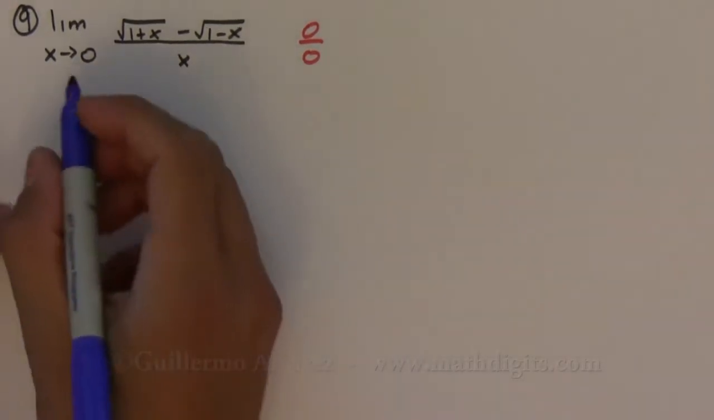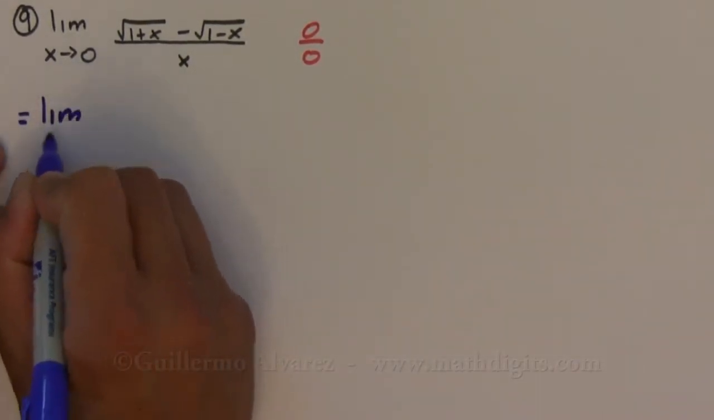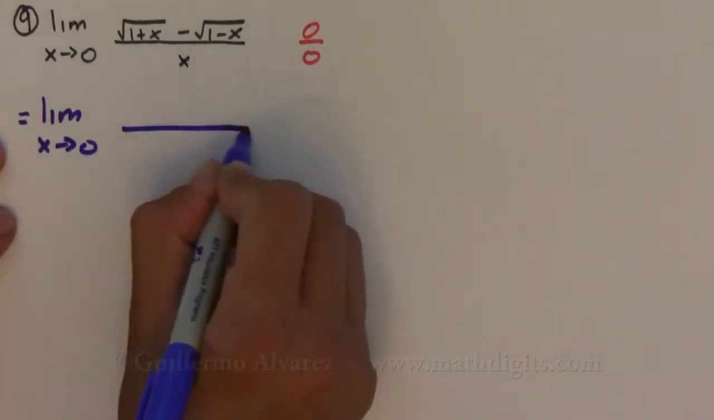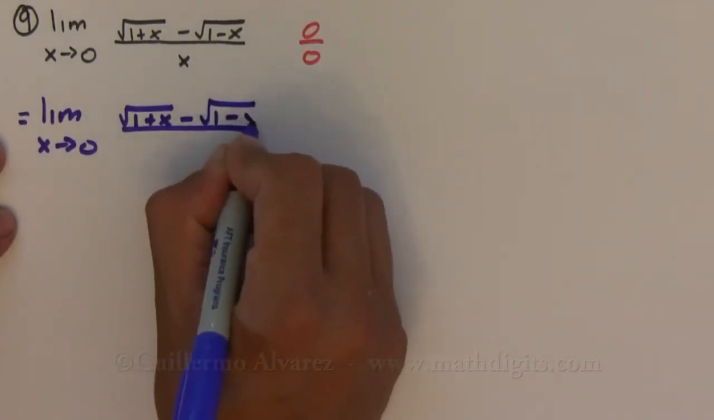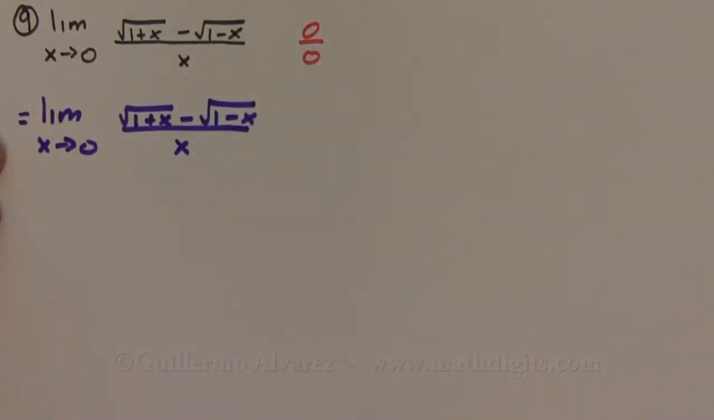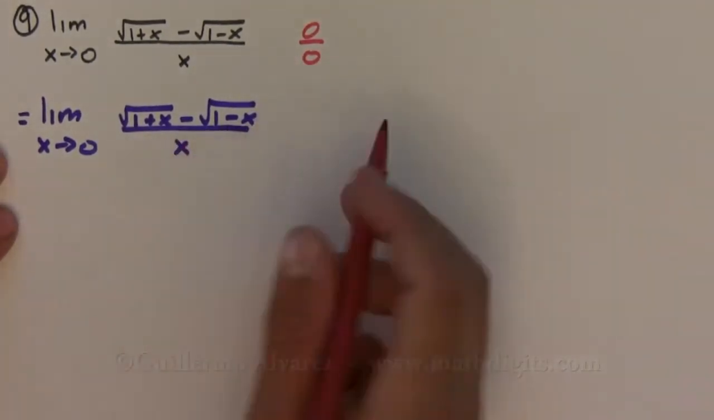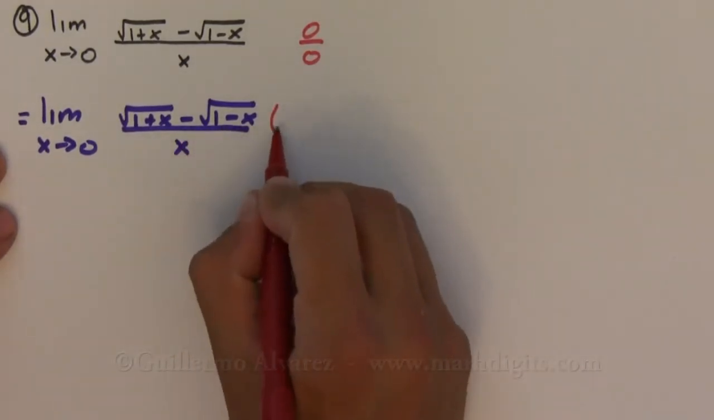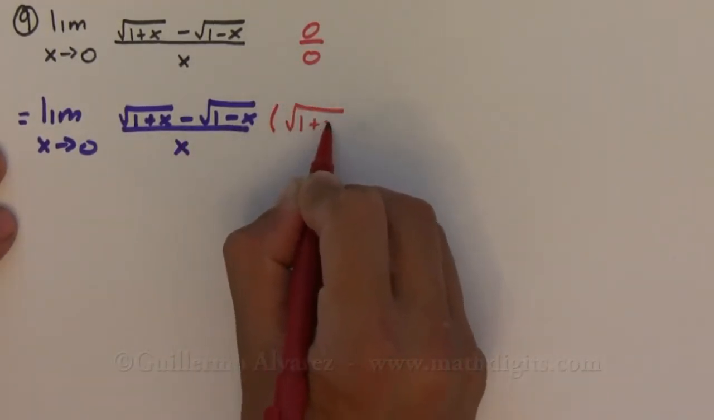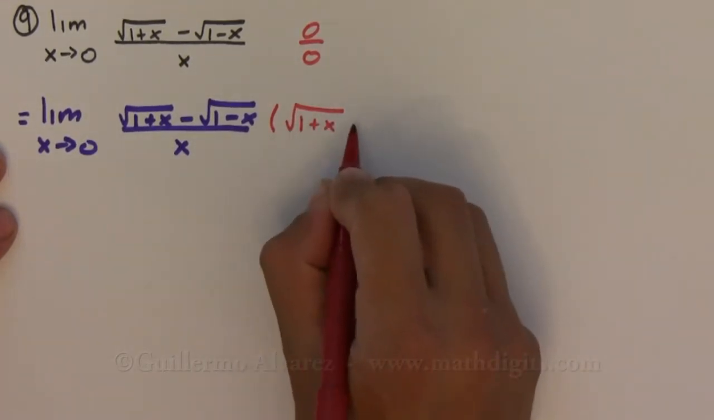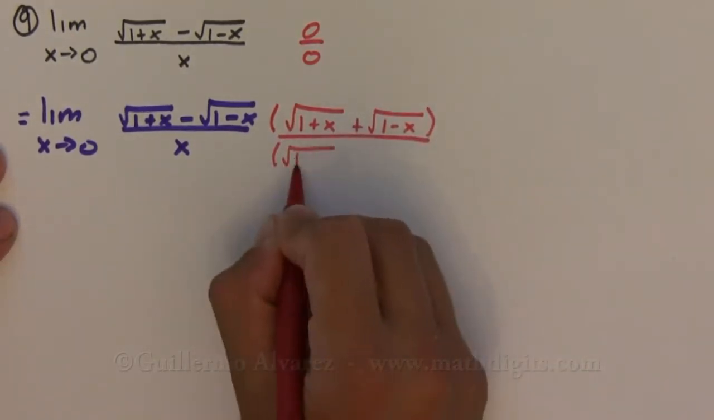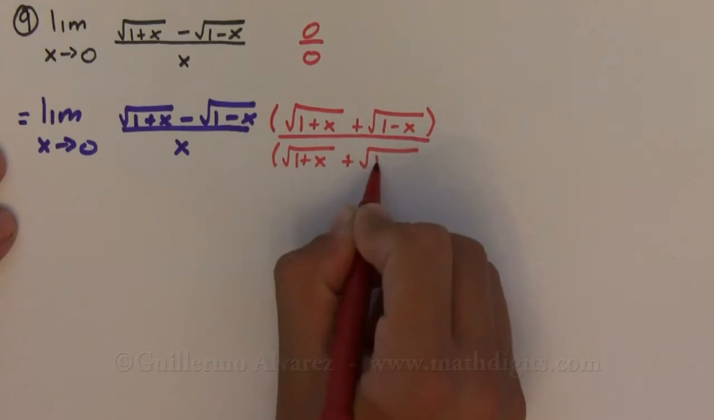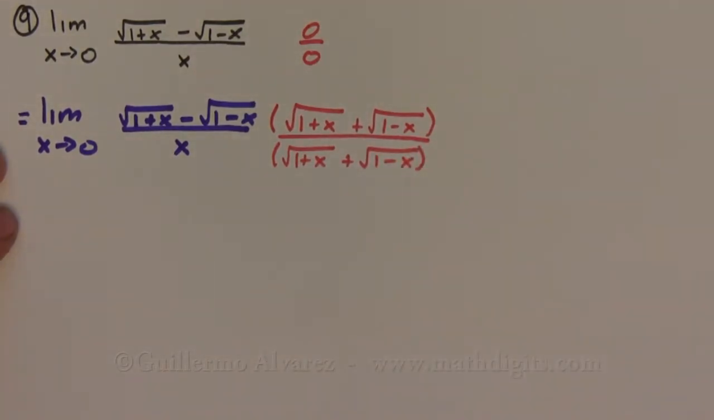In this case, we have square roots, and so the first thing that it looks like we should try, I'm just going to rewrite it again. The first thing we should try is to multiply top and bottom by the conjugate of what the square roots are and see what that gives us. So we're going to multiply by square root of 1 plus x plus square root of 1 minus x. And if I do that,